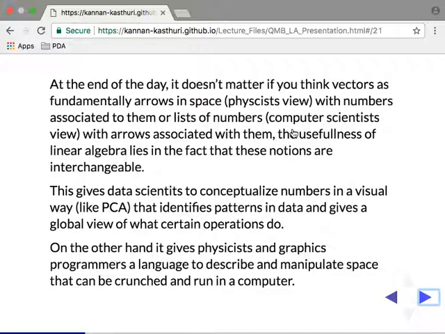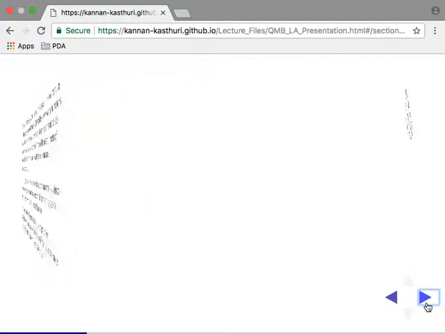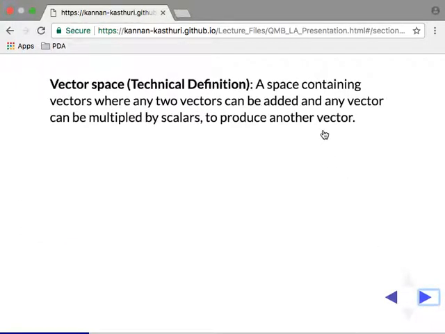And that is essential, and that is the concept of vectors. When you read about anything in vector space, that's a technical definition. Anybody here who knows what a vector space is? A space is nothing but a set with operations, and these operations are: you have two vectors that can be added, and a vector can be multiplied by a scalar to produce another vector. These two fundamental operations define a vector space, and it could have a geometric meaning behind it, or it may not.